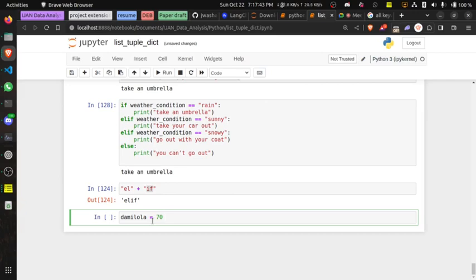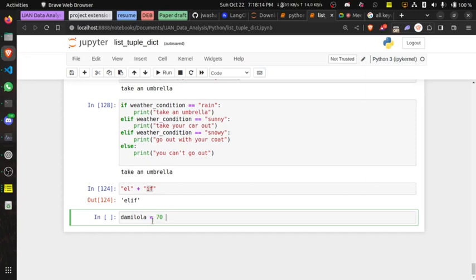So the grading system is going to be like, if you have greater than 70 or you have 70, you're going to have an A. If you have from 60 to 69, you are going to have a B. If you have 50 to 59, you are going to have a C. Okay, maybe I should start from 80. So I'm just going to shift it.